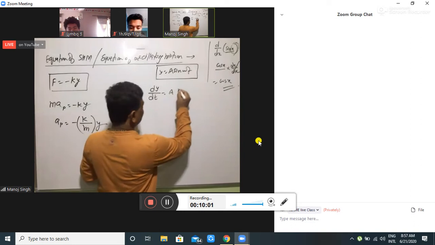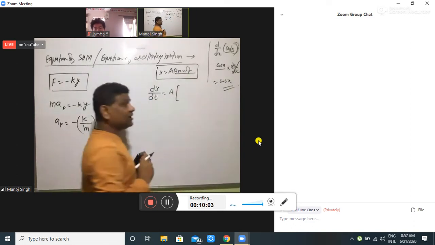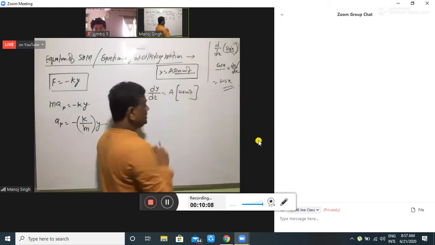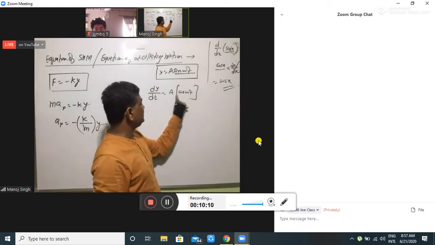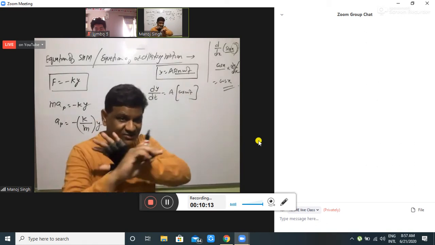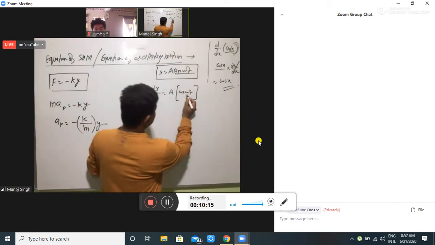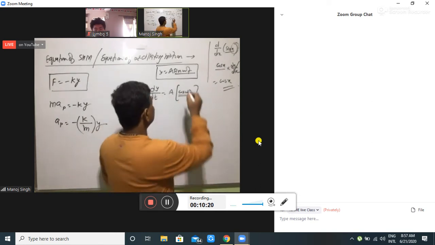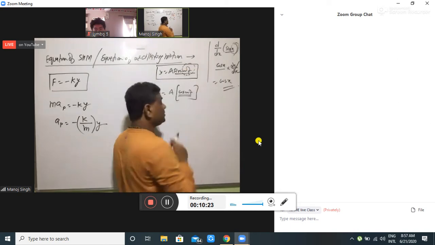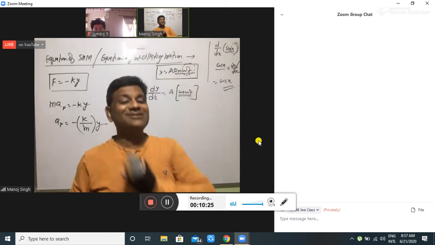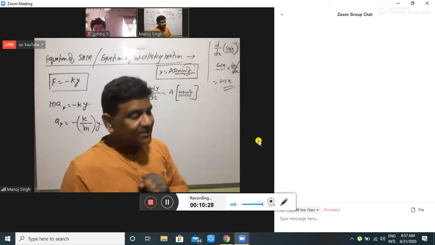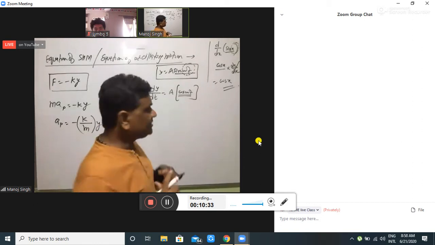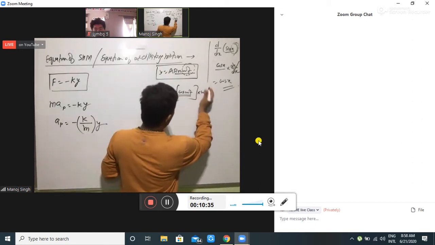A is a constant term. What is the differentiation of sine of omega t? It is cos of omega t here. The differentiation of sine of omega t is cos of omega t, but this is not a complete differentiation here. This is the differentiation of sine of omega t. There is a remaining differentiation of omega t, in which omega is a constant term. There will be a differentiation of t with respect to t. So omega stays as it is.